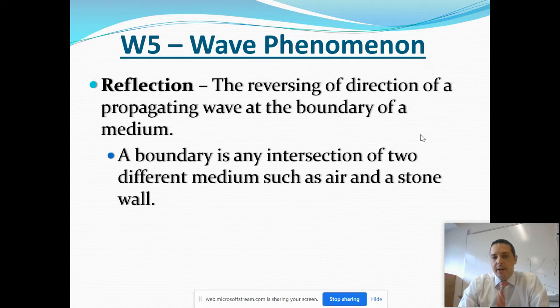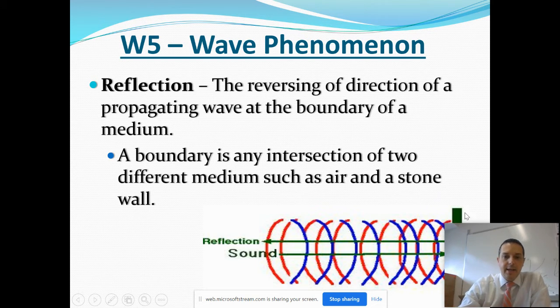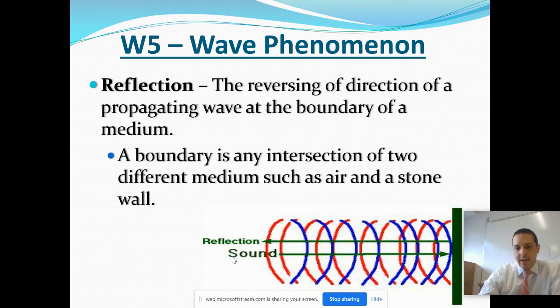Another example of a boundary would be an echo. An echo is an example of a wave phenomenon that we're going to talk about in a moment. Say we're at a cliff and you shout. The sound of your voice, which is carrying through the air, would reach the surface of the wall. It would reflect off the wall and come back to you, and that's what we refer to as an echo. And I have a demonstration of an echo right here: a sound approaching a barrier, the boundary you see on the right in green, and then it reflects back. The sound going to it was in blue, and the sound reflecting back was in red.